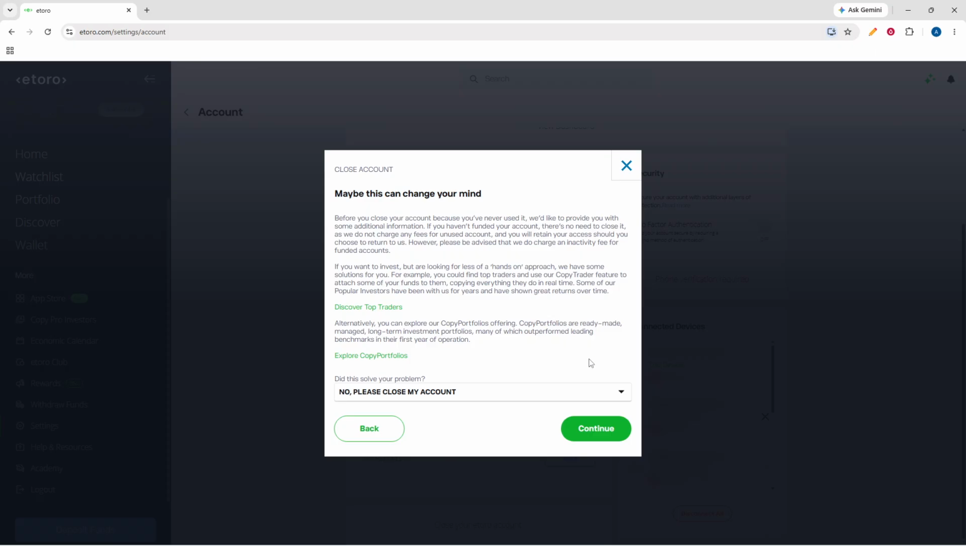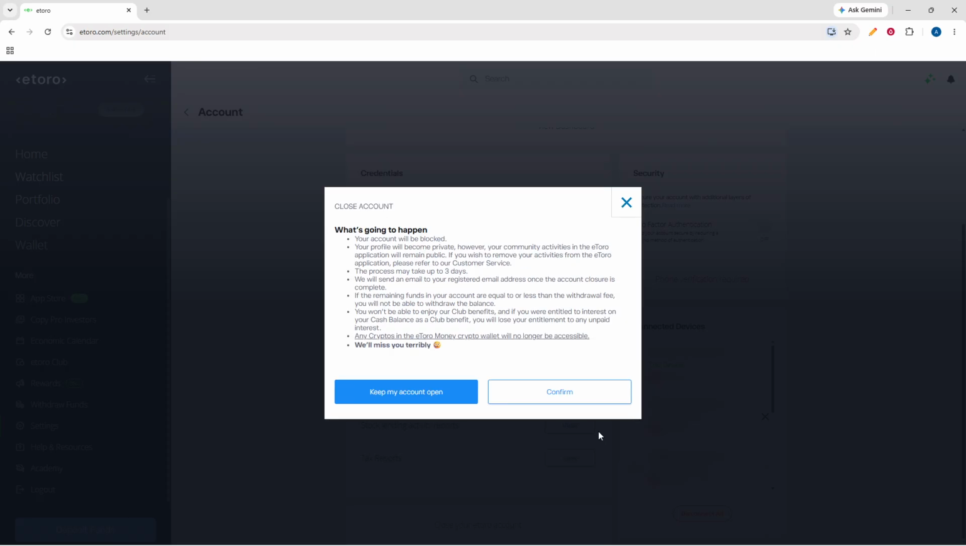After that, continue through the remaining confirmation screens to complete the request. Depending on what appears on your account, you may see one or more final prompts before the process is accepted. Review each page, confirm that you want to close the account, and submit the request when you reach the final confirmation. Once that is done, the closure request will be